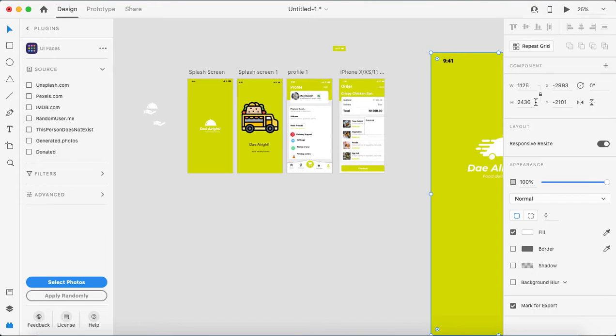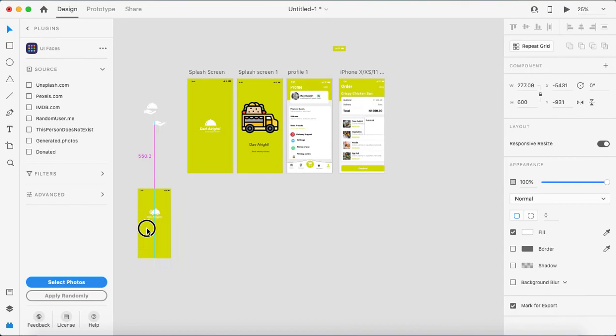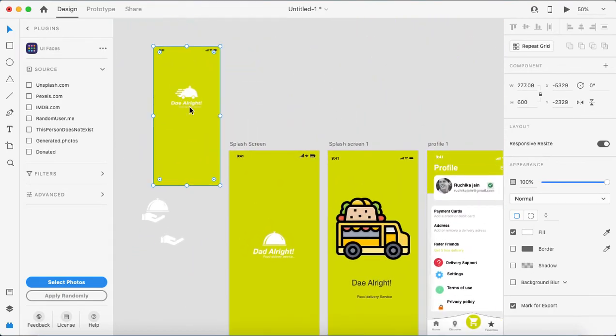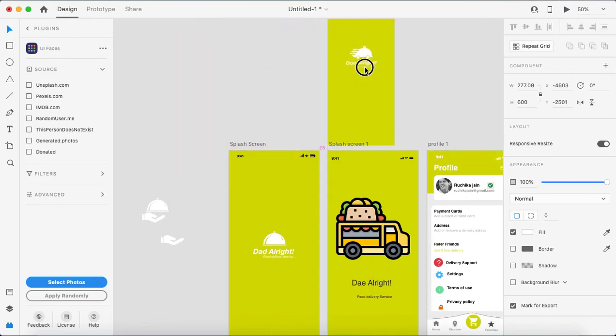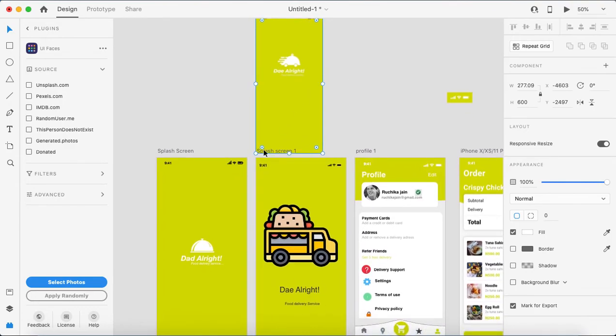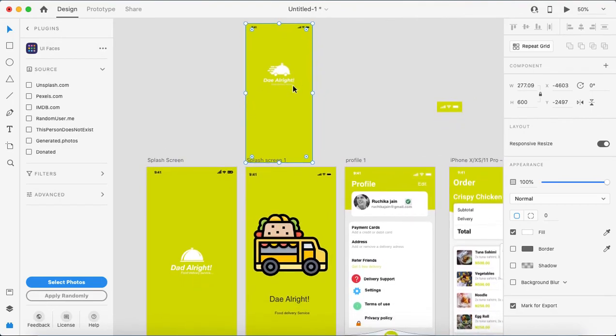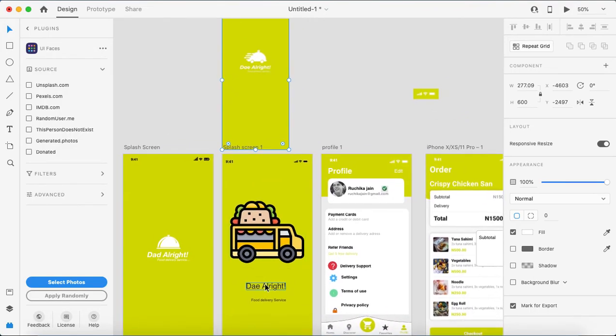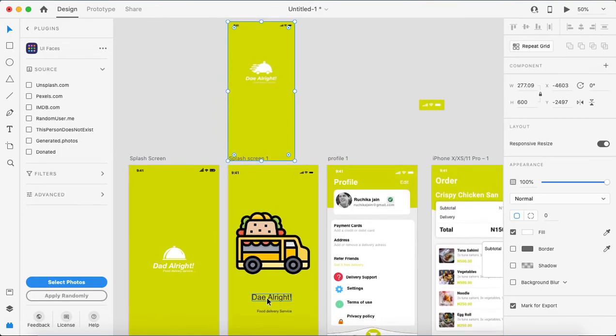Control Z. Okay, I'm just keeping your screen above and this screen. Now see, this is the screen and this screen. The only difference you find is the icon. The rest at least looks similar, but here the logo is different, the text is different, this text is different. Okay, so please never do that.